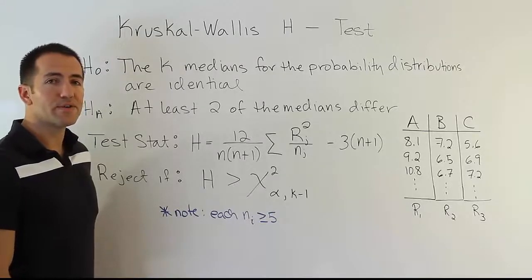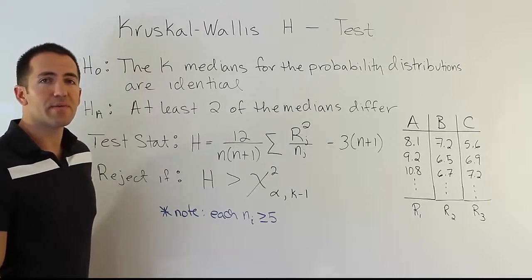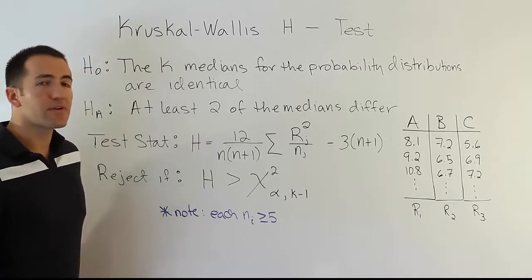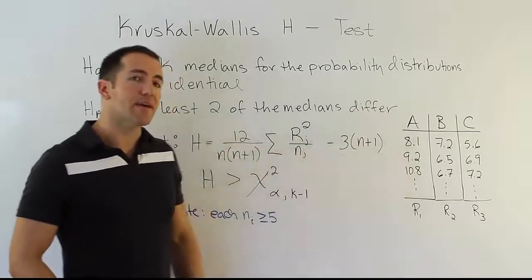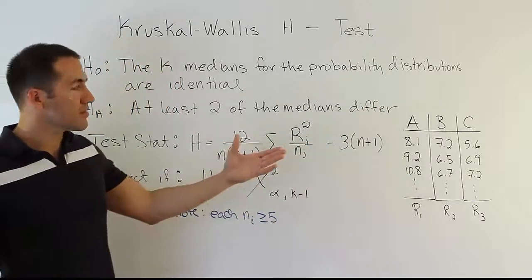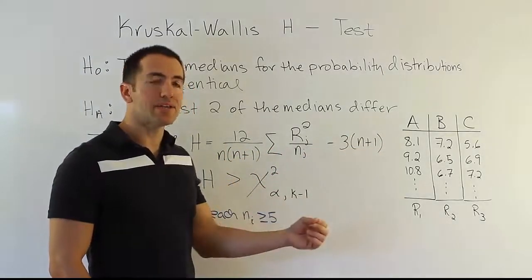In this video we're discussing the Kruskal-Wallis H-Test. The Kruskal-Wallis H-Test is analogous to the Completely Randomized Design ANOVA procedure we learned earlier on in the course. That means the data will be basically the same kind of data. So remember what we dealt with in that type of experiment is we had 3 or more independent populations sampled,